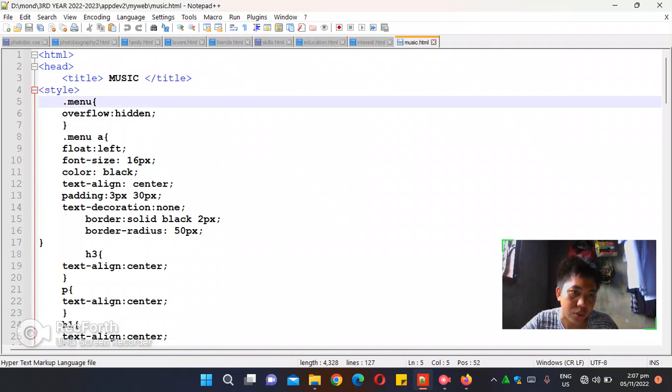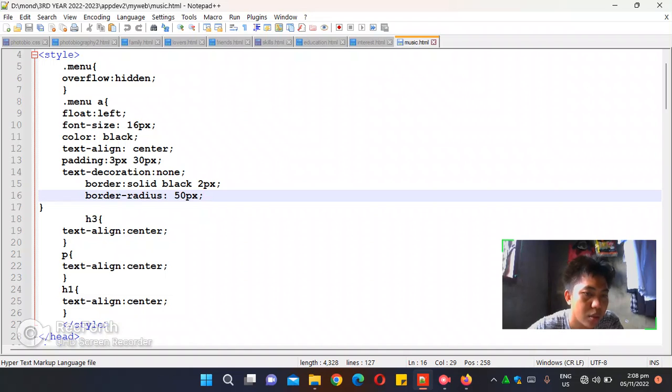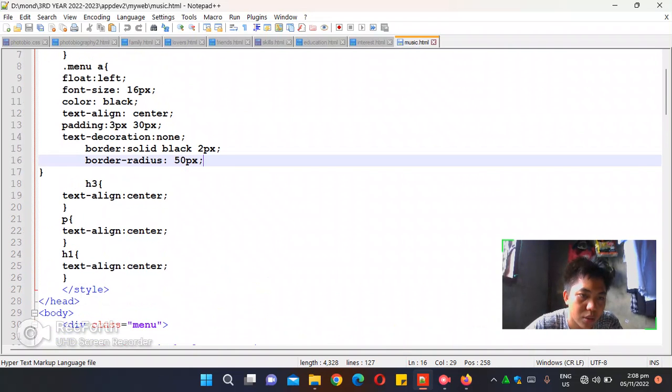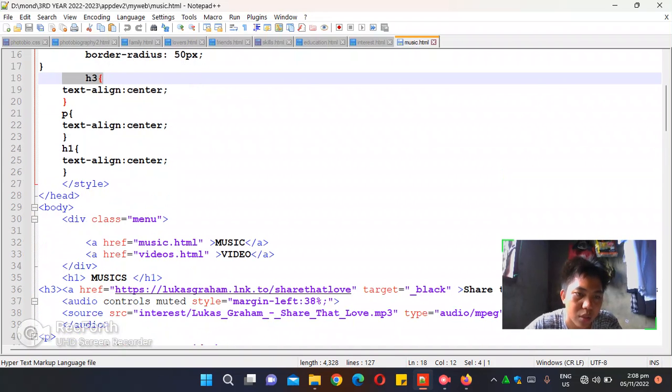I modified it by setting the menu overflow to hidden, the menu float to left, font size 16 px, color black, text align center, the padding is the same, and 3 and 30 px, and text decoration to none to remove the underline, and the border solid black 2 px, and then the border radius to 50 px, and the title is h3 aligned to center, and then the paragraph text area,